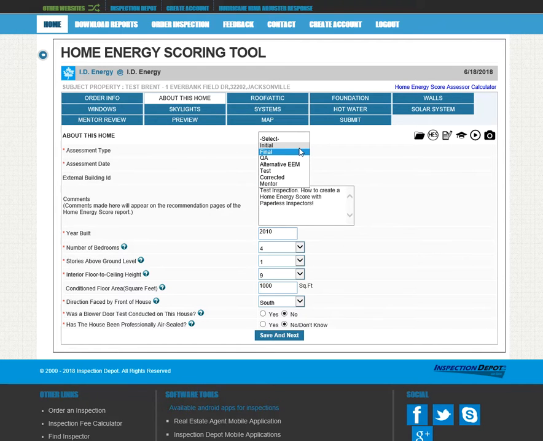The other one that you may use is the corrected. On paperless, you can go back to reports and just edit the reports without having to fill out a whole new report, which is awesome. But please, triple please, be sure that if you resubmit a report that has already been submitted into the DOE system, that you make that a corrected report. That way it'll be